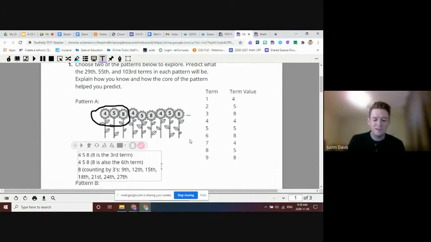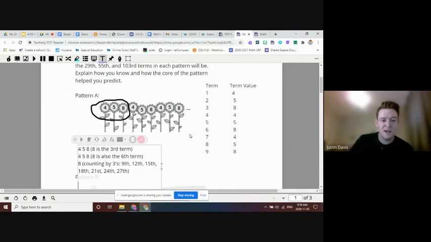Ooh, and now I'm going to slow it down because I'm getting close to 29. So if 8 is the 27th term, okay, let's write that thinking out. If 8 is the 27th term,